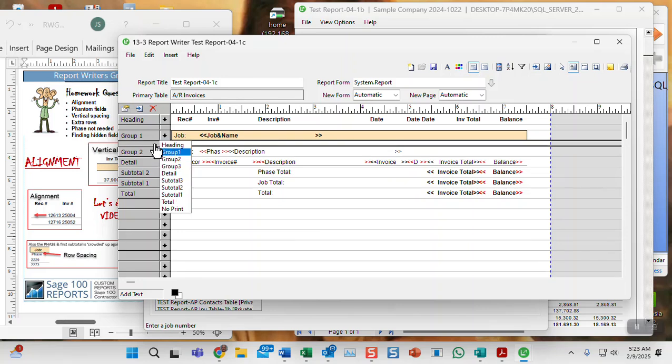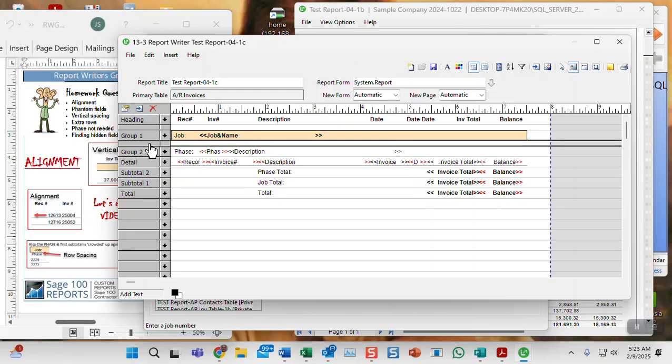Now if you do this, what I've just done, if you click over here, you're safe because it doesn't change the group. See, it's group 1 there. But if you click anywhere else, it could change this from a group 1 to something else. So always be sure of that. And now,